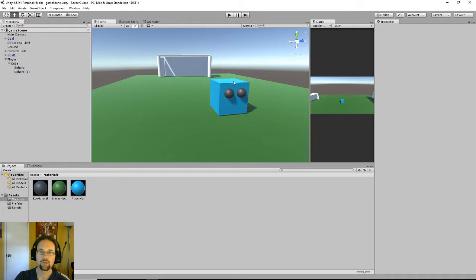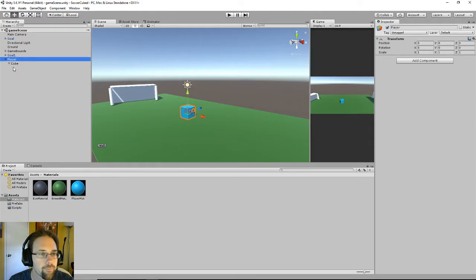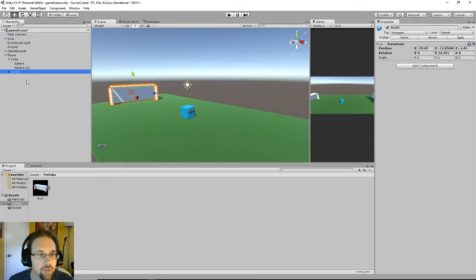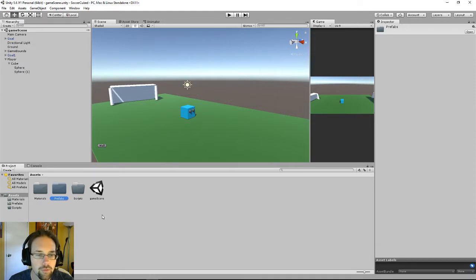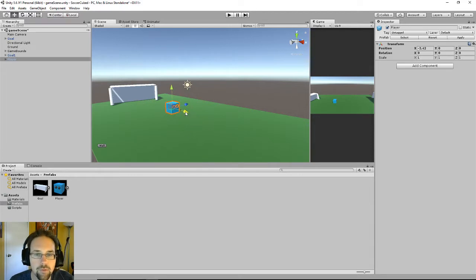Okay, so now we have almost all the basic interaction. We have one more thing that we need to make, and that is the ball for this game. And the player's gonna get more complex, but for now, let's just go ahead and drag player into our prefabs folder as well. So we'd have two prefabs now, one for player and one for